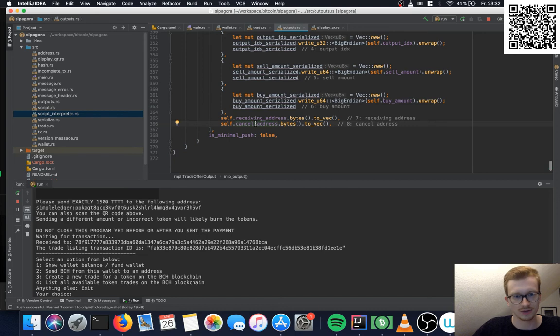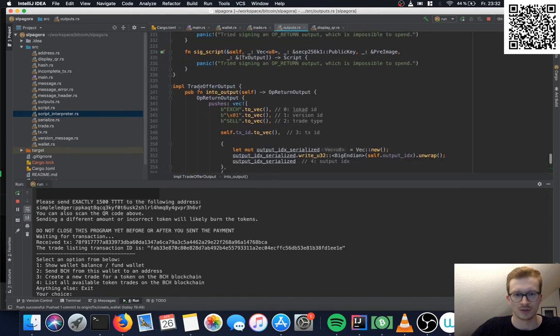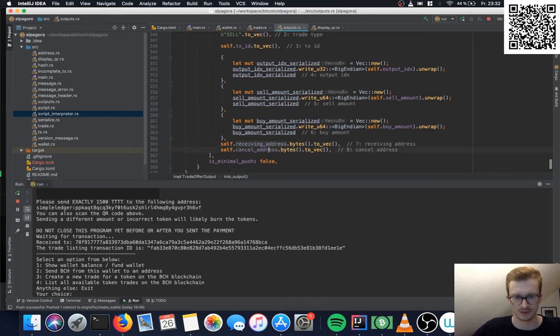Then the receiving address and the cancel address, which in my implementation is always the same, but the implementation allows them to be different, if you don't want to use the same address here.